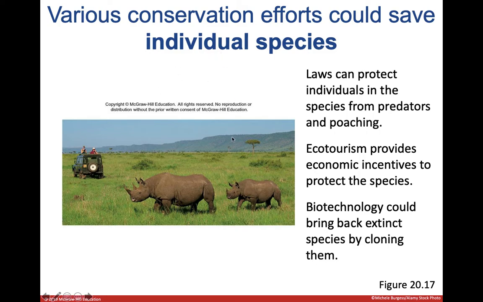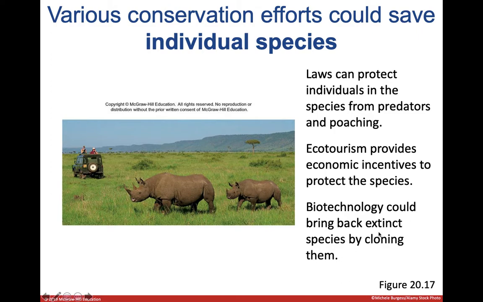Individual species need to be protected, which is super cool. And each species is different. Knowing what each species requires to protect them is different. If you need to protect an individual from poaching, like a rhino or an elephant, you can pass laws to prevent poaching. You can encourage people to hire rangers to protect these organisms, to protect the parks in which they live. You can encourage ecotourism, which is encouraging people to come into these areas to watch these organisms, which brings money into these areas. And when these areas have money, they can better protect these organisms.